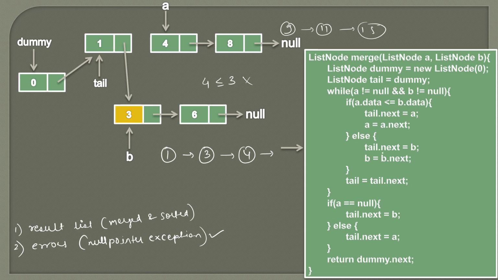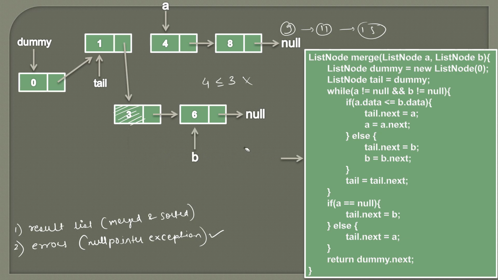And now after this assignment, we do the same. This value is used up and now it is part of this list. So here you can see dummy is pointing to the list node having value 0. It is pointing to a node having value 1, and 1 is pointing to a node having value 3. So now we have used this value, so we move B to its next node by assigning B dot next to B. So B next is this node. When we assign B dot next to B, B will come here, like this.